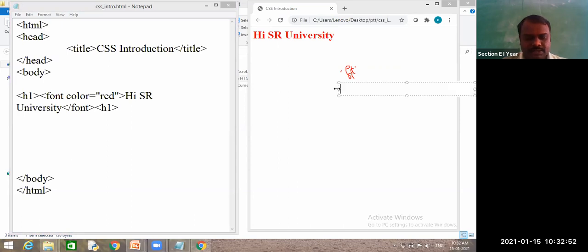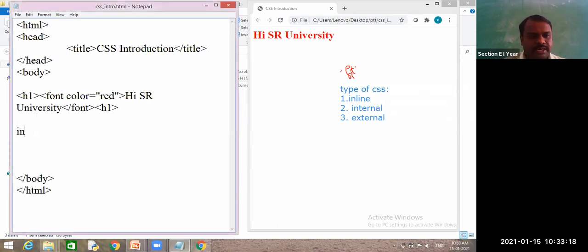I will use text. So types of CSS. The first one is inline, the second one is internal, and the third one is external. Okay, we will learn these three one after the other. Before starting inline, we need to know the syntax, how to write it. So the syntax for inline is... This is everything present in your PPT, but I don't want to show that PPT. We need to learn everything one after the other.